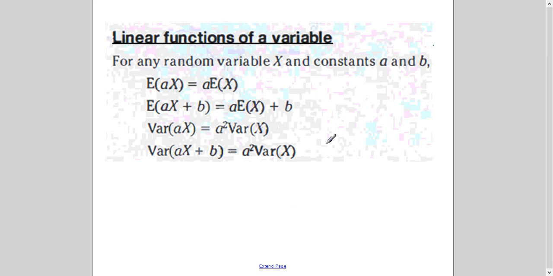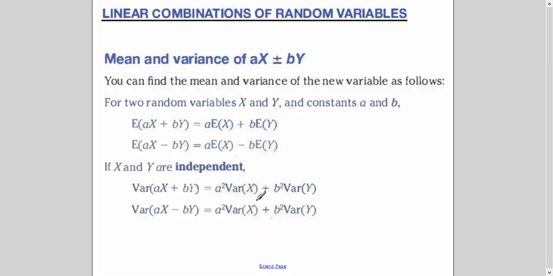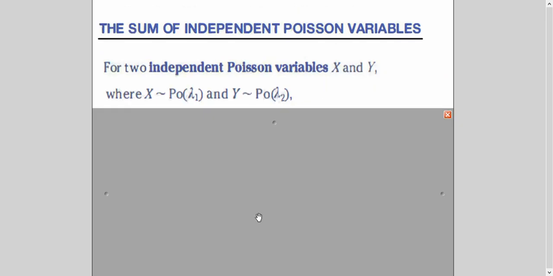So these were the rules. We have seen the application in the previous video. You need to learn them by heart because we will apply them from time to time in this chapter. Similarly, we learned these rules and saw their application in the previous video. The important thing here was that when you subtract two independent random variables, in the variance you add. This was a very important thing which was emphasized. So let's continue with today's topic, the sum of independent Poisson variables.